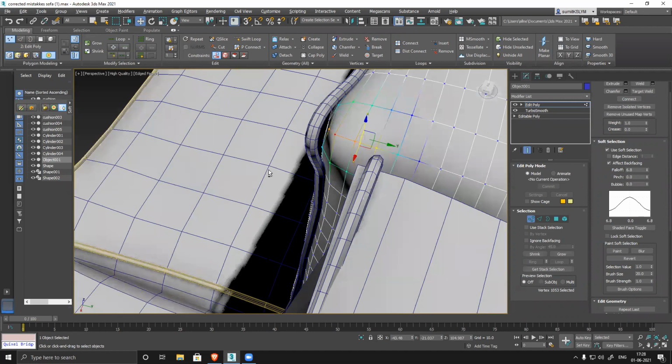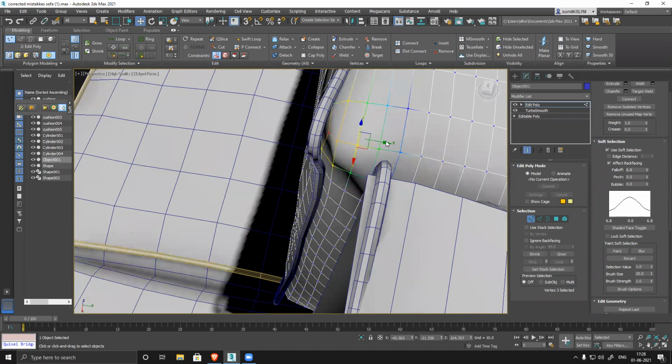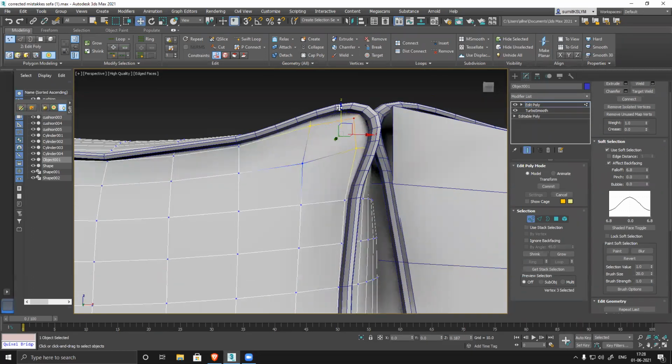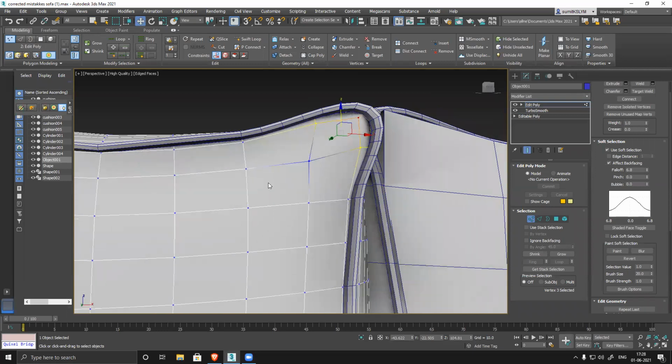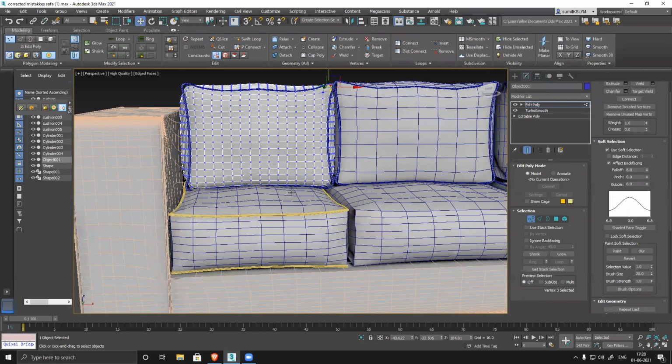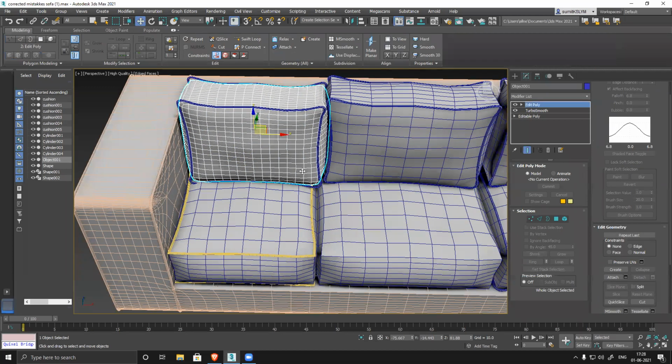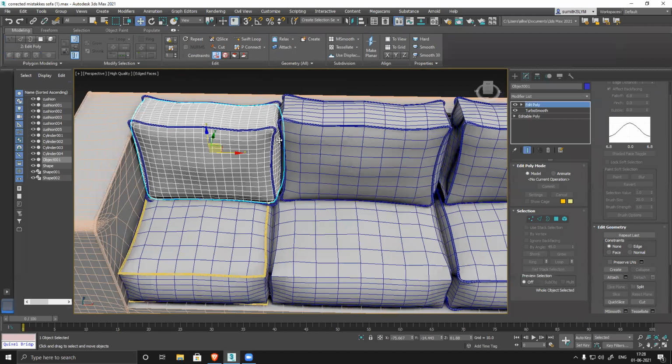There shouldn't be any holes like this. Fill those gaps, wherever you have those gaps, fill them. Either you do it manually like this or you create it like this. Clear? Is it clear to you? Got it?